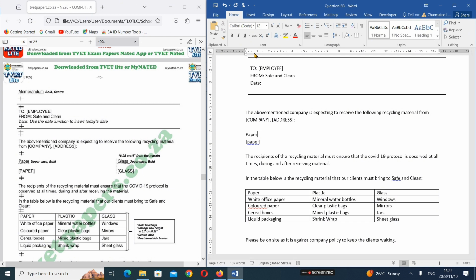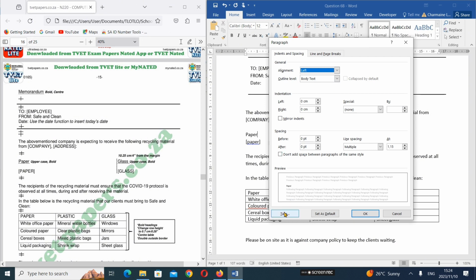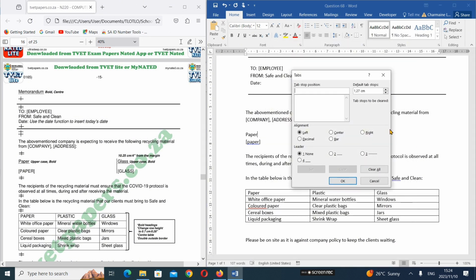But in this case, when it shows your 1, 2, 3 close to each other like this, it means that it's using centimeters. Also, when you go to your paragraph settings, you say Paragraph and then Tabs when you want to insert your tab stops. As you can see here, it says 1,27 centimeter. Already it's telling you that it's centimeters, so you need to use your centimeter,